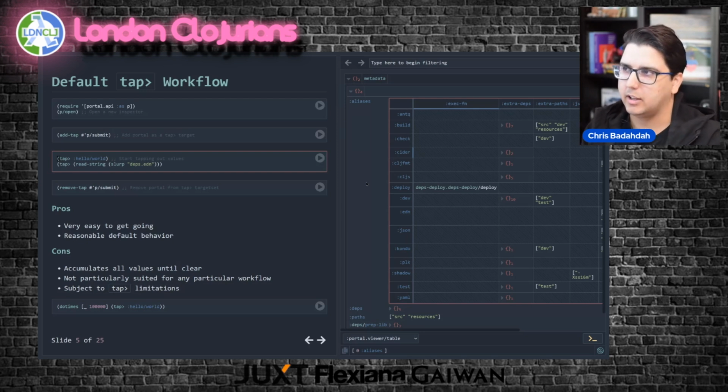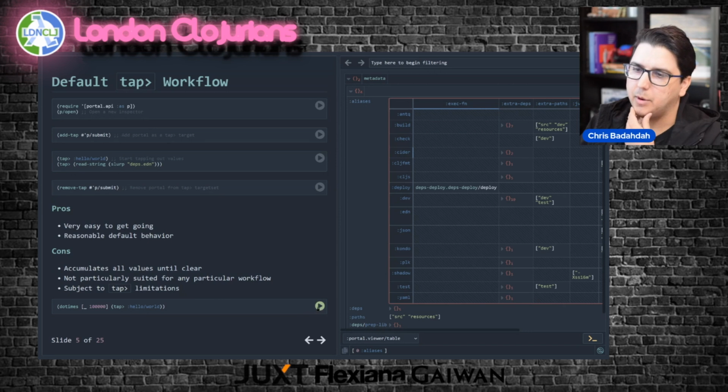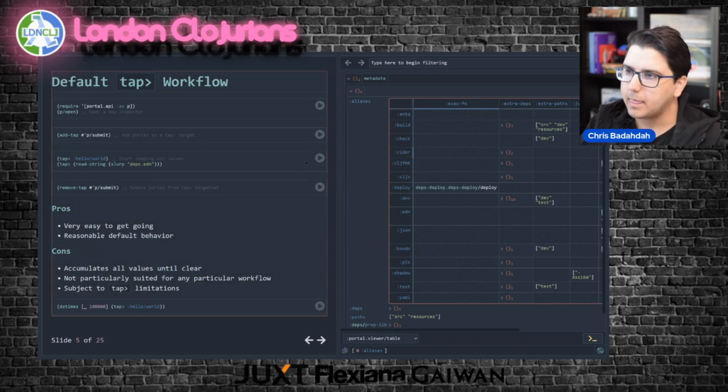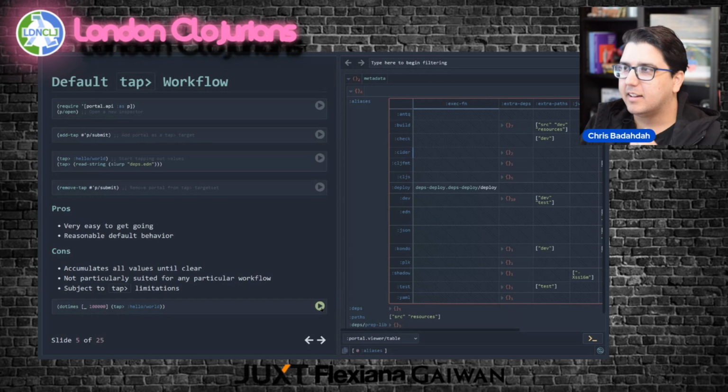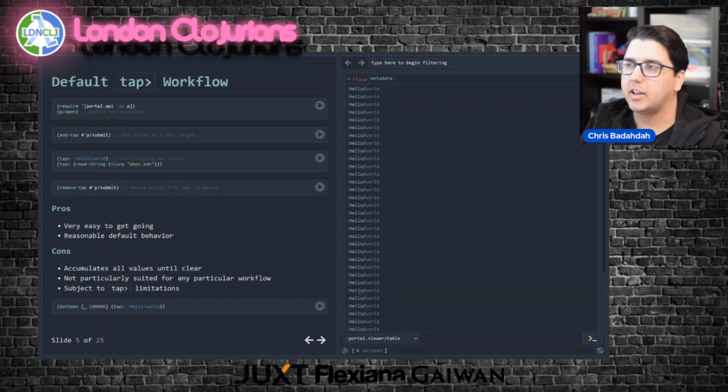So we're going to look at more things you can do with Portal in the later slides. Also, you adopt the limitations imposed on you by tap as well. I think some people might not be aware of, but when you call tap, I need to add tap again. I tapped this 100,000 times, but it only actually got 100 or 1,000 because it has a dropping queue behind it. So there are all of these default behaviors you're opting into, and you aren't necessarily aware of them all. So I just wanted to show them all.